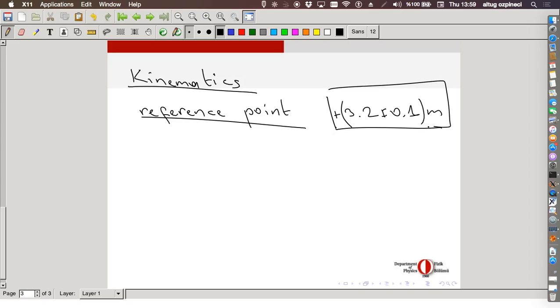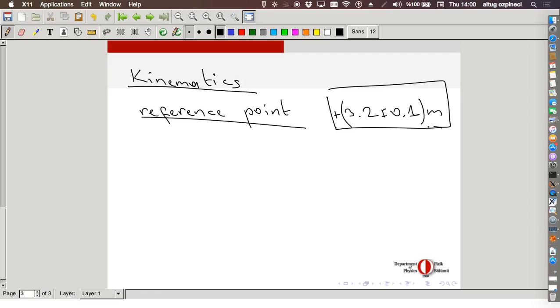For example, what's your name? Sarkan. Sarkan, choose another reference point along this line. Right at the back? Okay, that's an alternative reference point. He has all the right to choose that. So what is the point of Umut? Umut, raise your hand. Okay, there is Umut. What's his position? It's nearly at 0 because I chose Umut as my reference point.